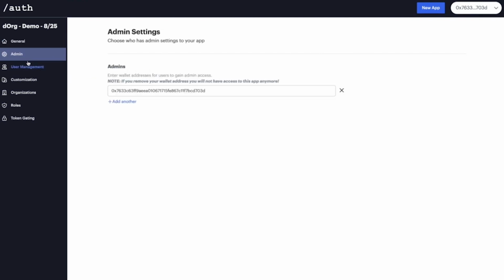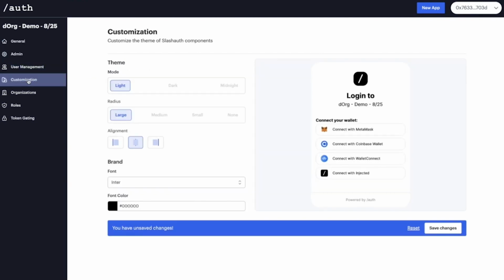Admin, so if you want to work with your team members on the same project, that's easy. Customization was something that's really important for our users, right? We want to give them simple drop-in components so that they can get to market as quickly as possible, but we also want to fit their branding, right? So if you want to round the corners or not, if you want to change the font colors, you can do that as well. If you want to go from light mode to dark mode, what have you,